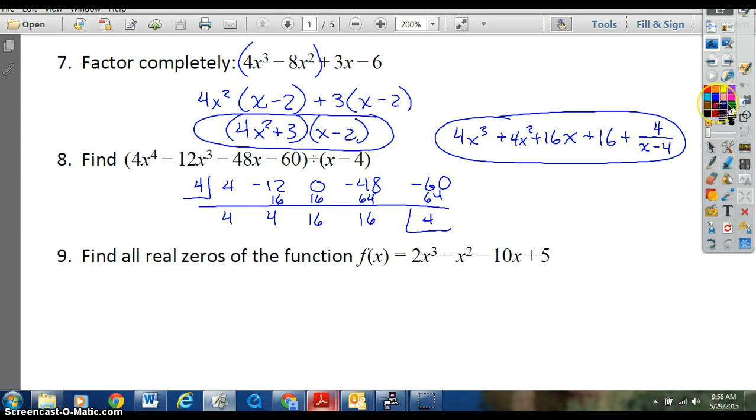Find all the zeros for 2x cubed minus x squared minus 10x plus 5. So p is 1 and 5. Q is 1 and 2. So remember, I want to go p over q. So I have positive negative 1. I got positive negative a half I can test. I can also test positive negative 5 and positive negative 5 over 2. So there are my combos I need to check. Now there's 3 total I need to find. So,